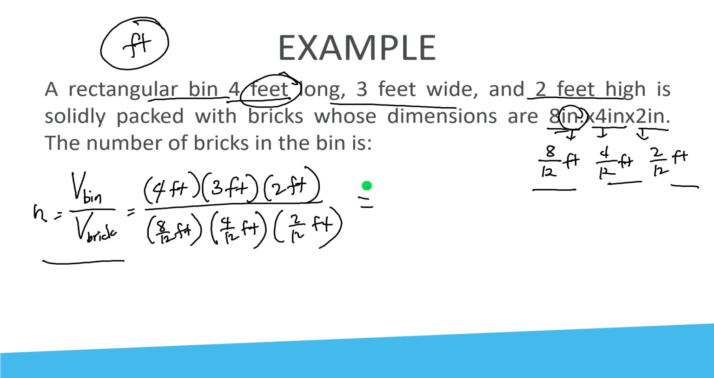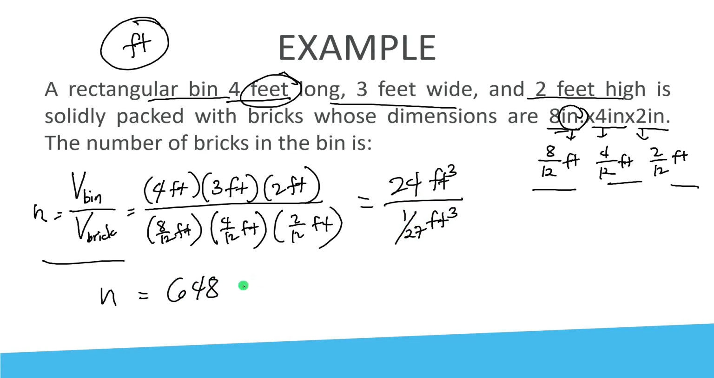Let's say the volume for the bin is 24 cubic feet. For the brick, when we compute that, we have 1 over 27 cubic feet. So dividing that, we will have 648. So that's the number of bricks for this rectangular bin. Okay,